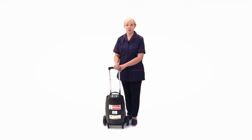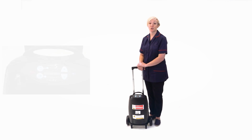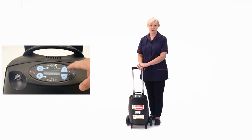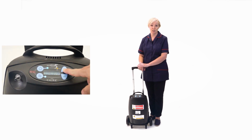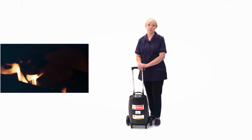I'm just going to recap some of the do's and don'ts. This list is not exhaustive, so it is important that you are familiar with the safety advice provided to you by your home oxygen provider. Make sure you do not adjust your prescribed flow rate unless you've been instructed to do so. Keep the concentrator upright. Make sure that the concentrator is at least 10 feet or 3 meters away from naked